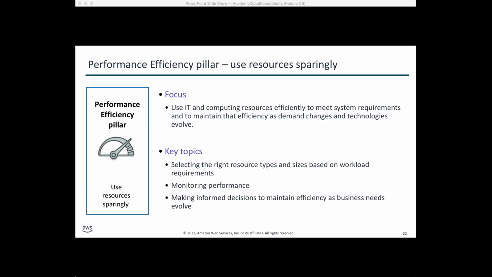Monitoring performance will definitely help us get some insights into how we can improve the efficiency of the resources we have deployed and the efficiency of the application we are running, and then make informed decisions to maintain efficiency as business evolves. Again, we need to have statistics, right? Data to make informed decisions, and we know where we can get it: from experience, or we can use AWS tools such as CloudWatch, and there are various metrics there to make informed decisions.